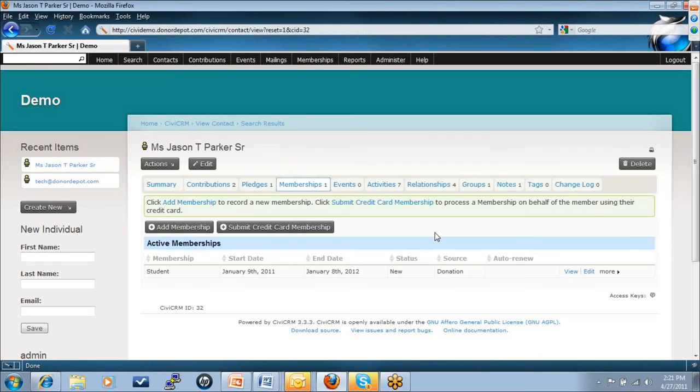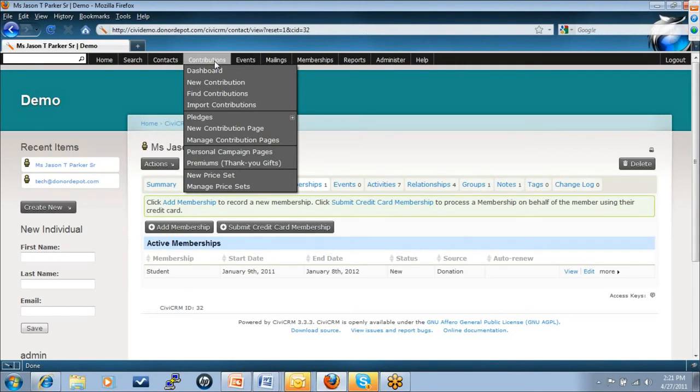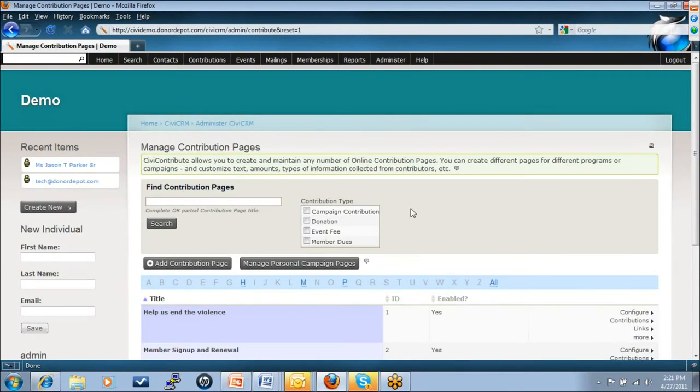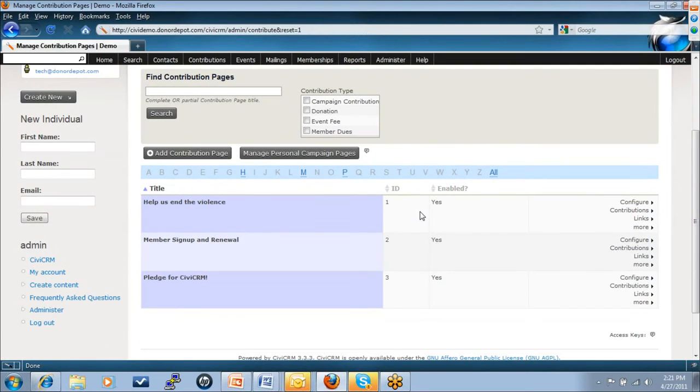And so basically this is a way to summarize information. Now, in addition to this, we can also use CiviCRM to actually manage contribution pages. So not only can you just look up information, but we can also support many different giving pages. For example, the page that I showed you earlier, Help Us End the Violence, was just one contribution